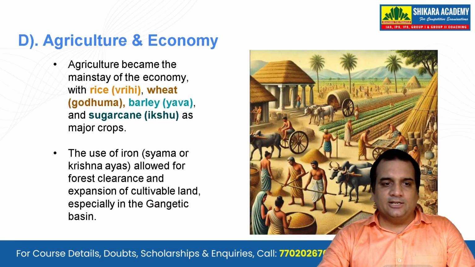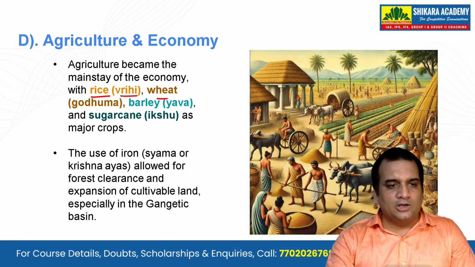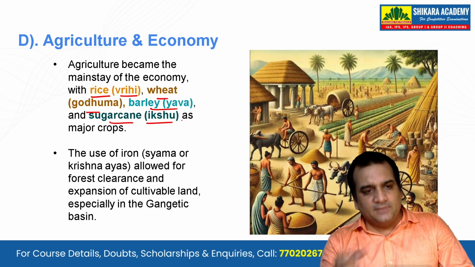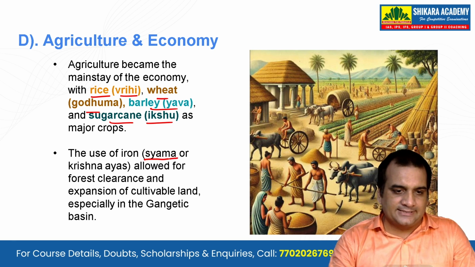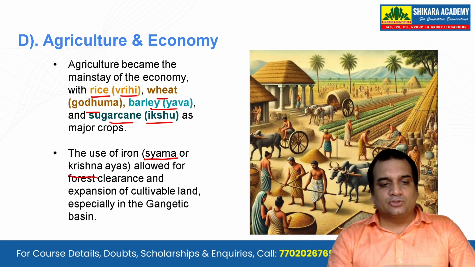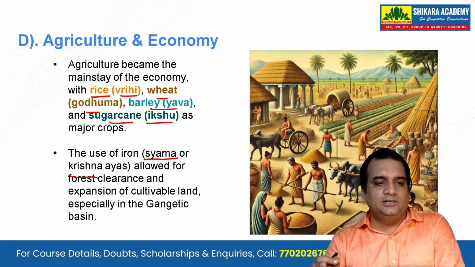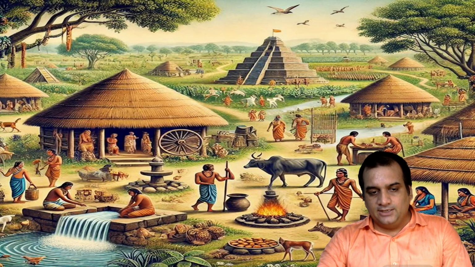Now agriculture and economy, what about it? So please remember, at that time rice was called Brihi, wheat was called Godhuma, and barley was called Yava. Along with that, sugar cane was called Iksu. It might be asked, so please remember, these were the major crops at that time. And also the use of iron, that was known as the Syama or Krishna Ayas. This allowed for forest clearance, and as I have said, the expansion of cultivable land, especially in the Gangetic Basin, was because of the use of iron. It made it very easy for them to clear forest after forest, jungles after jungles, and to settle down